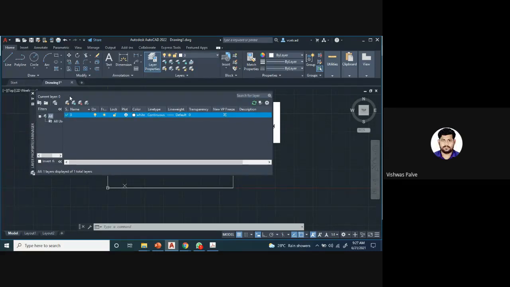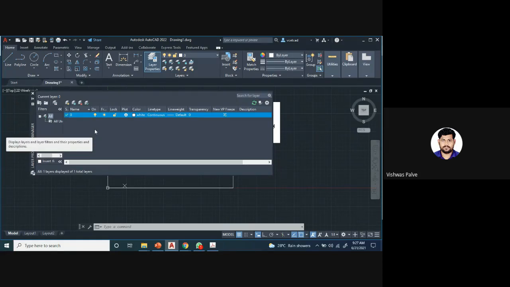Yes, sir. Okay, so in that, the first thing we have to do is set various layers. So please note it down. I'll share the layer setting in the WhatsApp group, so that it will be helpful for you to set the layers. Wait a second, I'll just share that so that you can easily view the same things which we have to do.